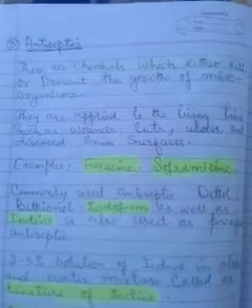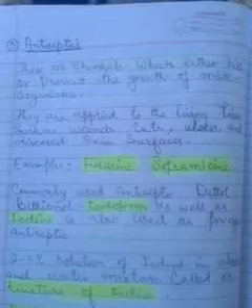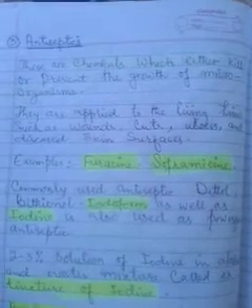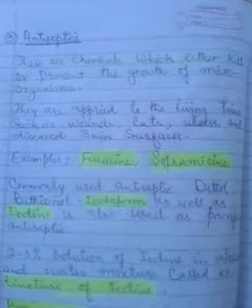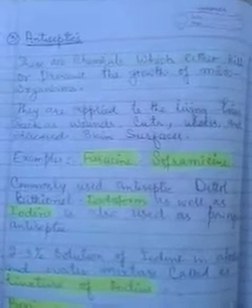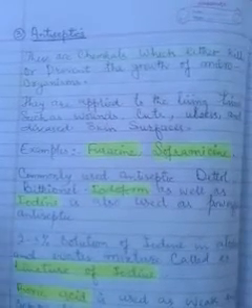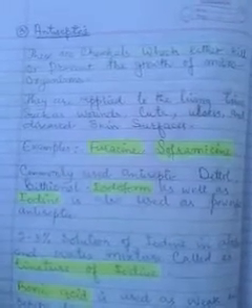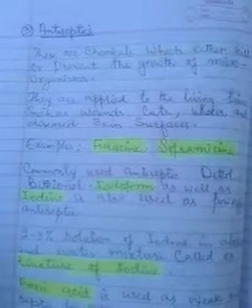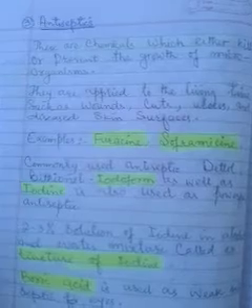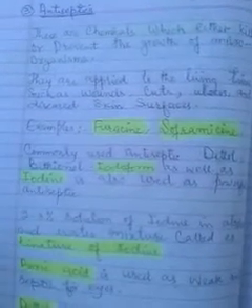Examples are furacin and soframycin. These are the general antiseptics which are used. Commonly used antiseptics are Dettol, bithionol, etc. Similarly, iodoform as well as iodine is also used as a powerful antiseptic. Even a 2 to 3% solution of iodine in an alcohol and water mixture is called tincture of iodine. It is always available in medical shops.